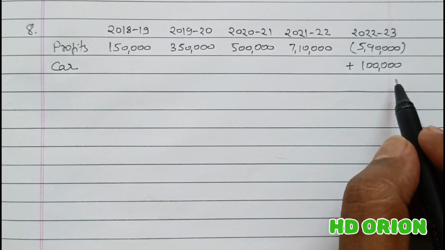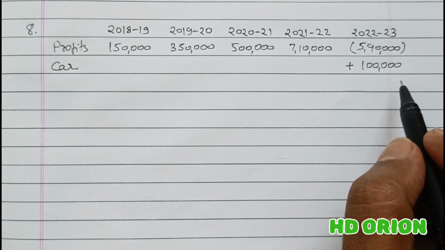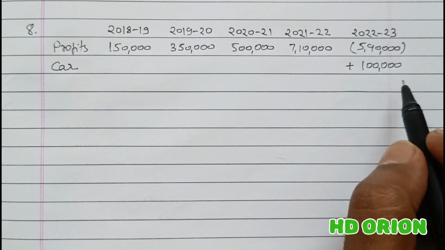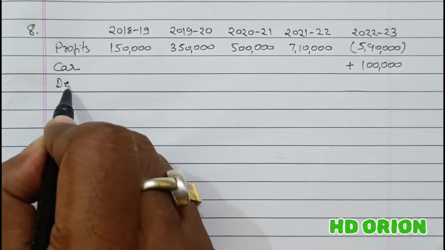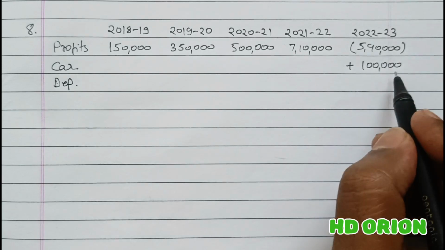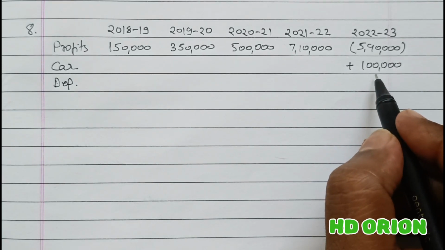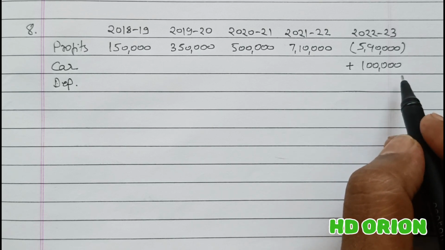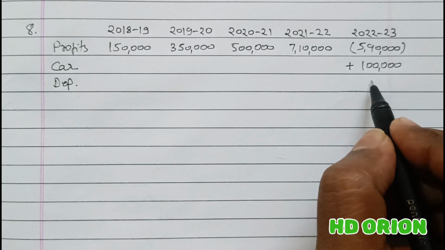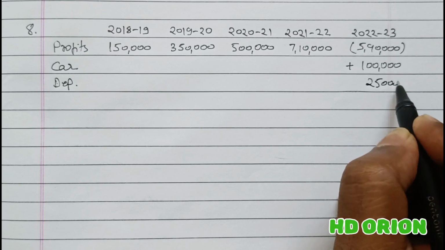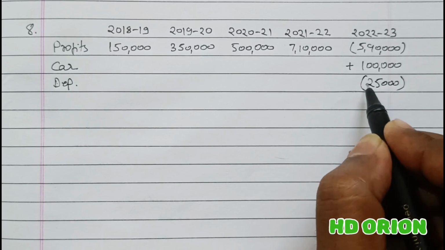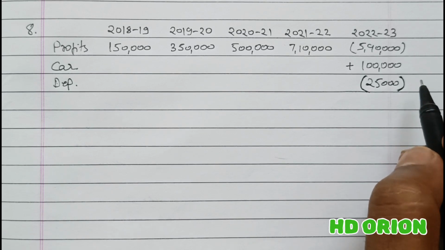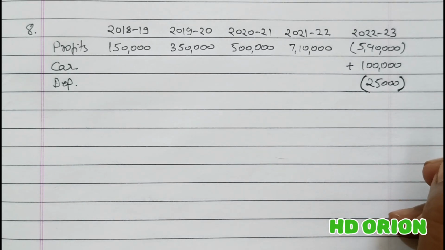Fine. It is a car. So car is not charged to profit and loss account, but its depreciation has to be charged. So depreciation at the rate of 25%, because it was purchased on 1st of April. So for the whole year depreciation will be charged, 25% of which is 25,000, and it is an expense. So its nature is minus. Fine. Then next is